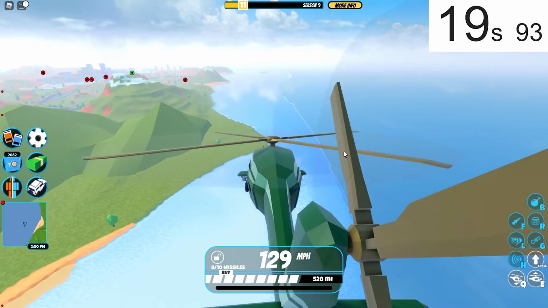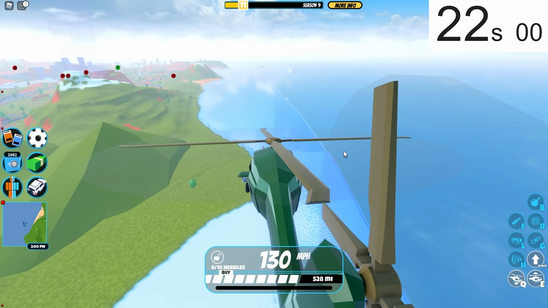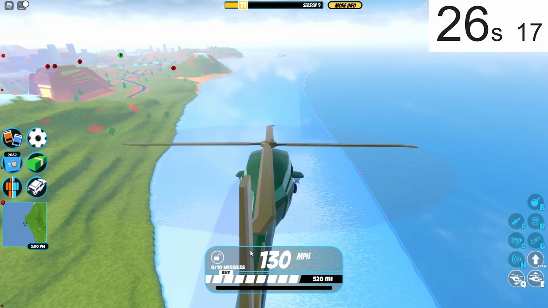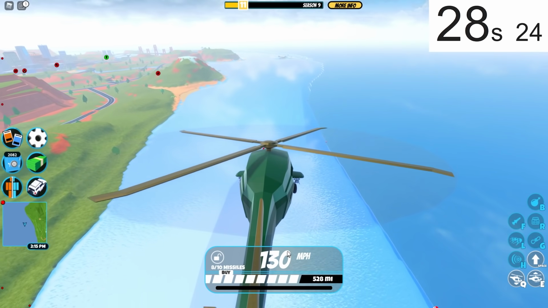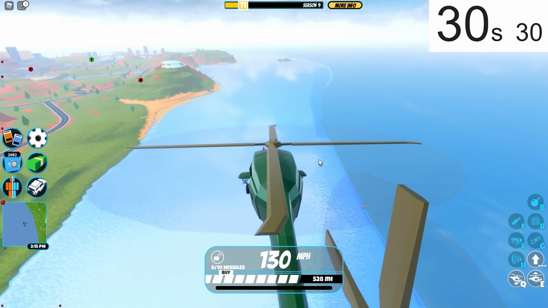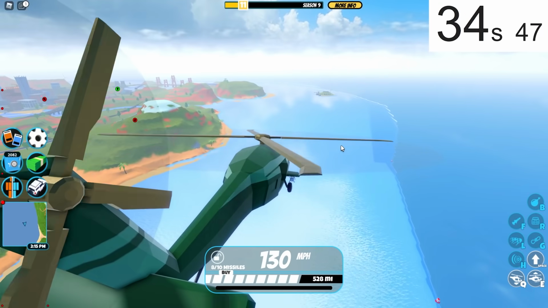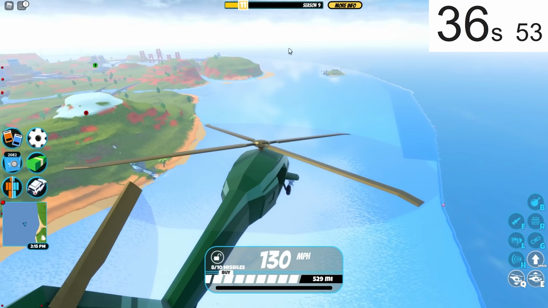Yeah, right around here. And then this is where it just goes in a straight line all the way to the airport, right? And right over here, yes, it reaches the top speed. As you can see, the helicopter is at its top speed of 130 miles an hour. So this is the helicopter speed, and we're basically gonna go all the way over to